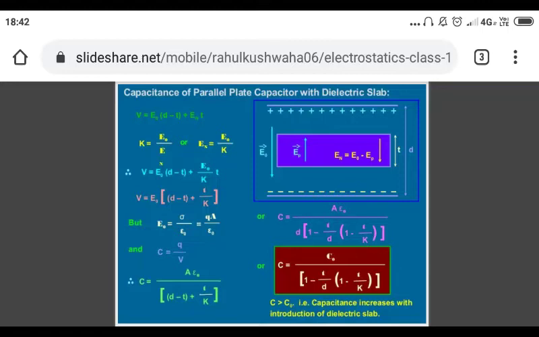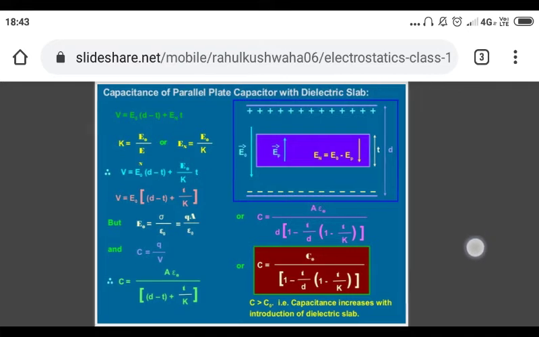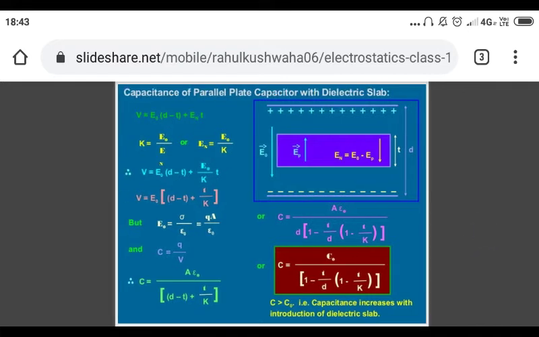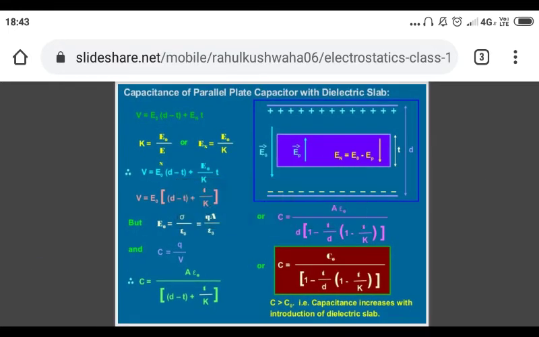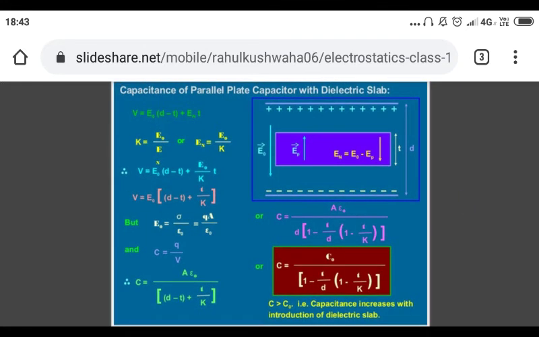In today's class we are going to study capacitance for a parallel plate capacitor with a dielectric slab, and with this we are going to study the spherical capacitor as well, which is not in your NCERT text but it's in your [syllabus]. So let us consider. Here you can see in the diagram,